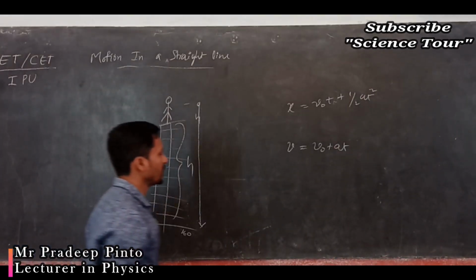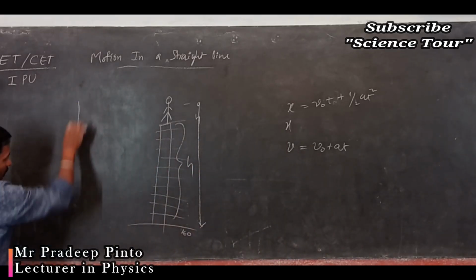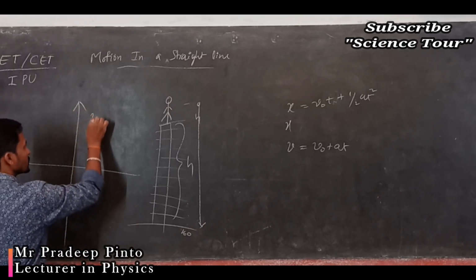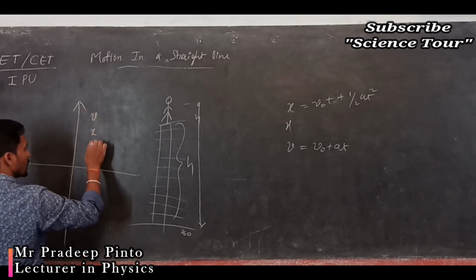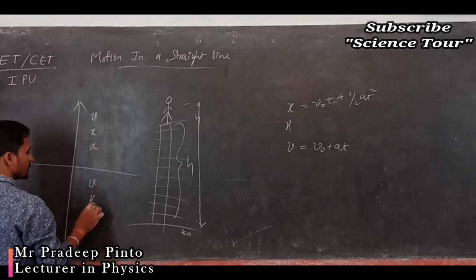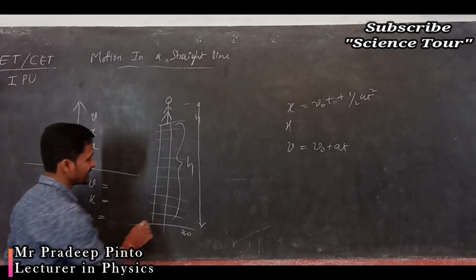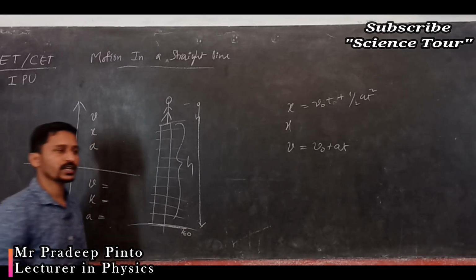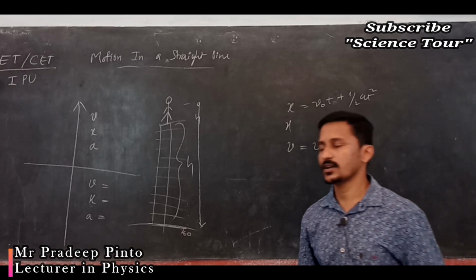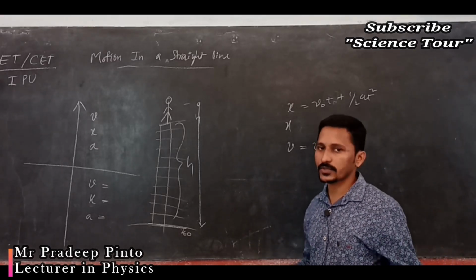Now what is going to happen? See, this I am going to write down, the easiest way. One is upward motion. Velocity is there, displacement is there, and acceleration is there. Now we have to take a convention, because this is 0. We know that motion on one side is positive and on the other side is negative. Now in some books upward is positive and downward is negative. So you can take any of them.